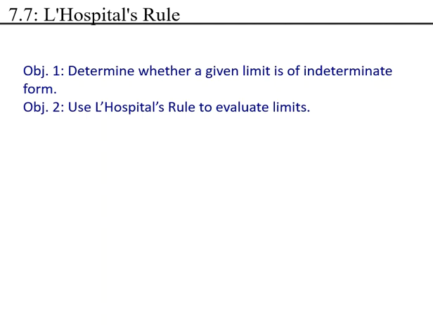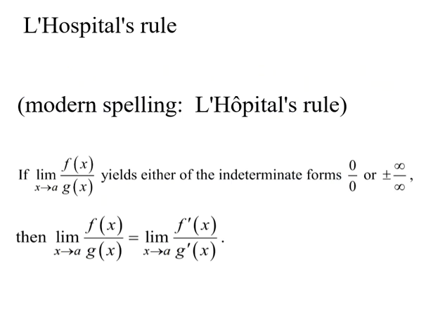Today we're going to look at L'Hopital's rule, and in order to use L'Hopital's rule, we need to have something that's in an indeterminate form, and we're going to use it to evaluate limits. So, L'Hopital's rule is basically as x approaches anything, if I'm doing a limit, if I have f of x over g of x and it yields some form of 0 over 0 or infinity over infinity, positive or negative on any of those, then I can,